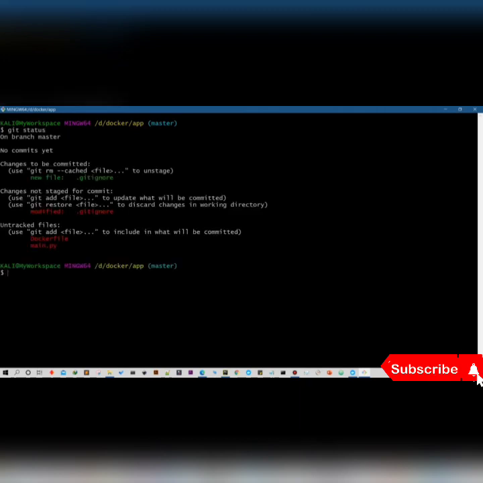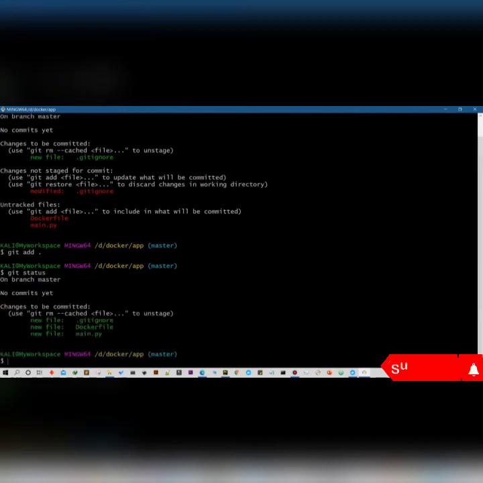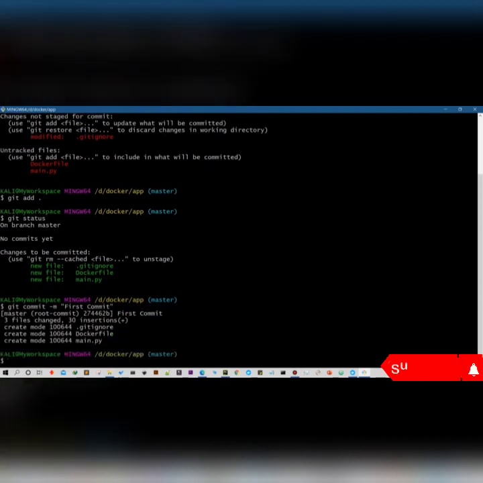Now I'm going to make all the files tracked. You need to use the git add command. Just write git space add space dot, which simply means all the files in the current directory will be added. Now you will find that all the files are tracked, and now it's time to commit them so that our local repository knows what the files are and what code is inside them, and maintains the version. And here we successfully maintain the first version of our project.